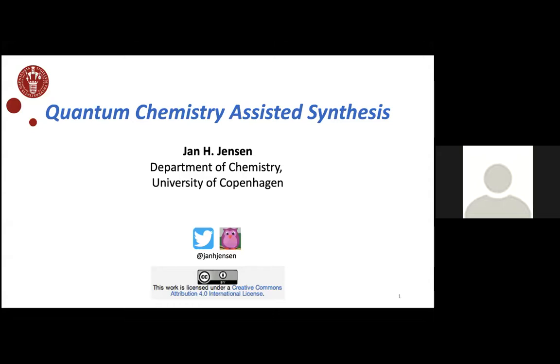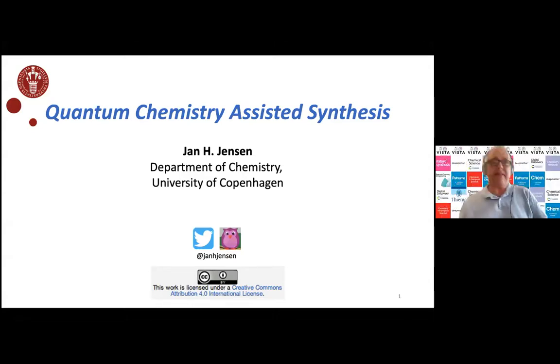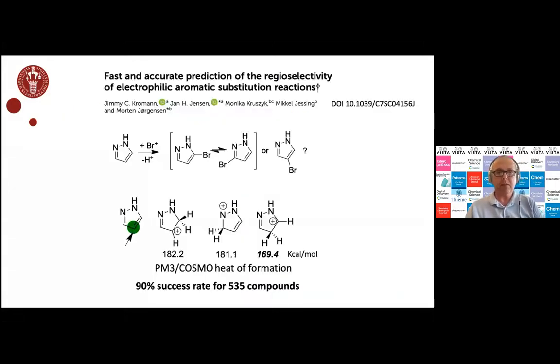So given my background, what ties these things together is the quantum chemistry. And so what role does that play now that we have all this machine learning? So